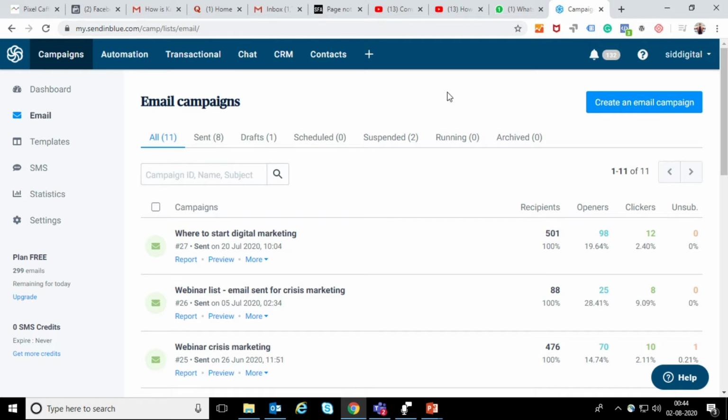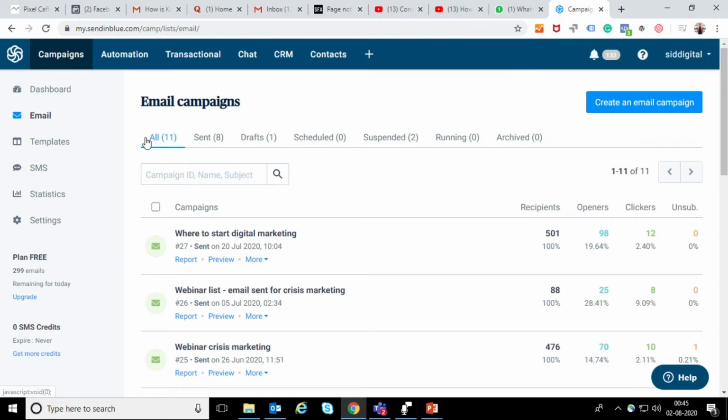I have used Mailchimp and Sendinblue. In Mailchimp, we can't do automation, which is the reason I had to move to Sendinblue. Sendinblue has a very seamless way of creating automation, and it's very simple and does not require too much learning to execute a campaign. So I'll show you how it is done, and give you a walkthrough of the Sendinblue portal.